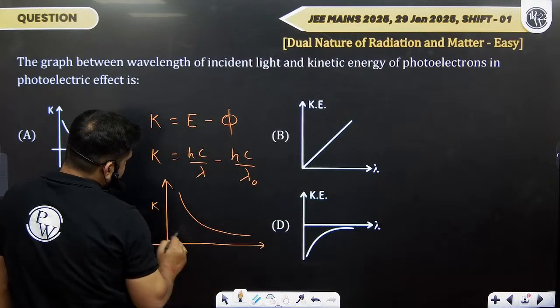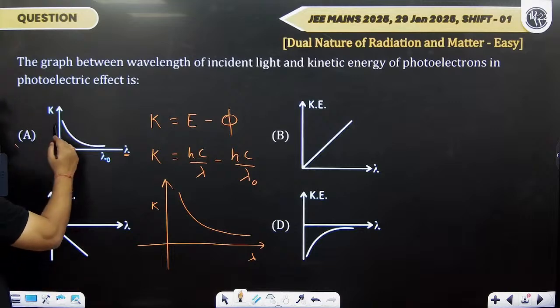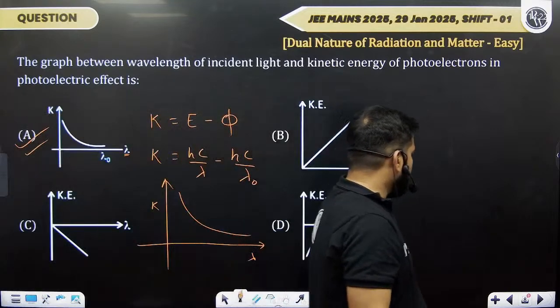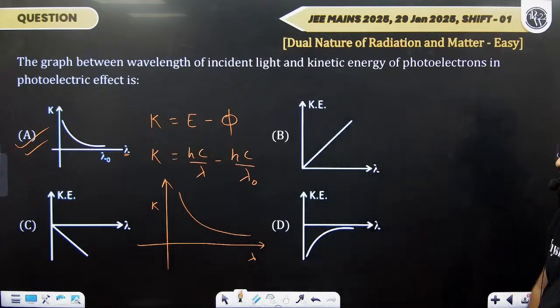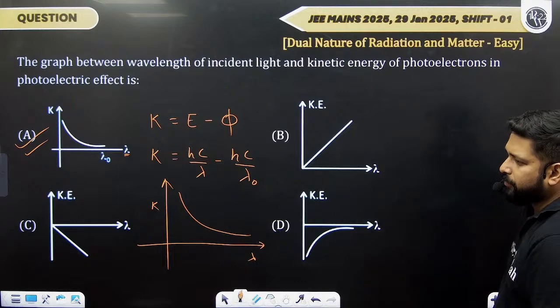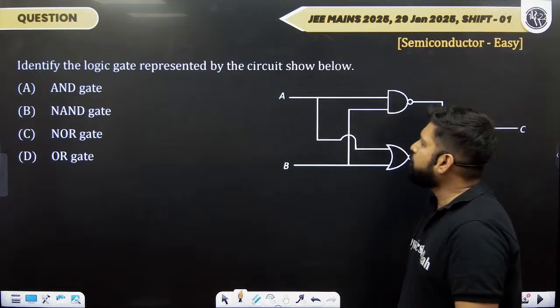K versus lambda graph, and that matches with which option? Option 1. So option 1 would be the right choice for this problem. Simply it is directly based on the equation of photoelectric effect, and this is a very standard graph actually, right? So it's a very standard graph of the relationship. Okay. Next question is from